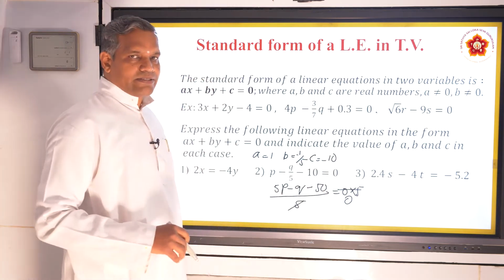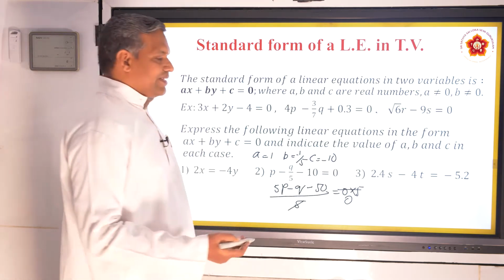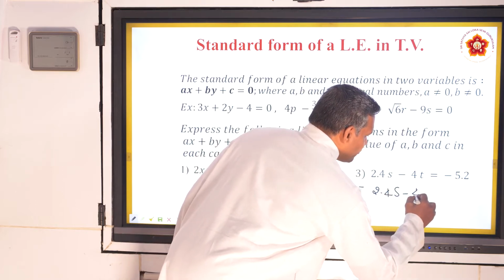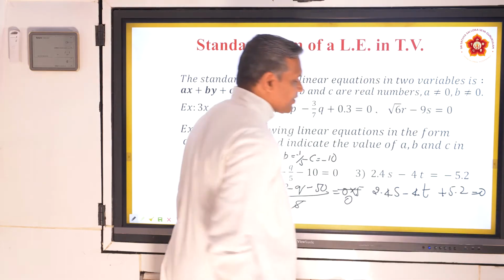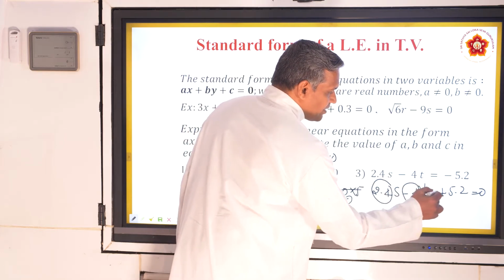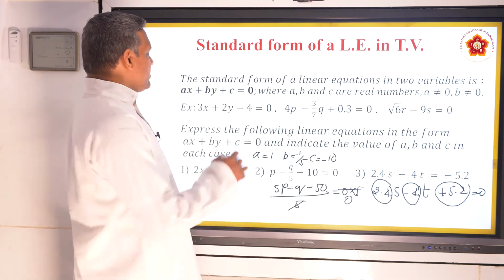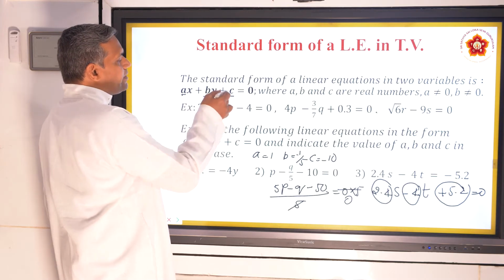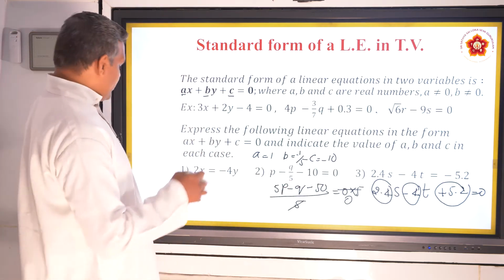So you recognized A, B, C. This time I don't even require to spell anything. I'll put it in a standard form and you can easily tell before I finish. 2.4x is minus 4y. So if I transpose, plus 5.2 is equal to 0. What is A? Correct, 2.4. What is B? Minus 4. What is C? 5.2. That's all. So now you understood how you get these coefficients A, B and C: the coefficient of x, coefficient of y and the constant. How do you recognize them from the given equation?